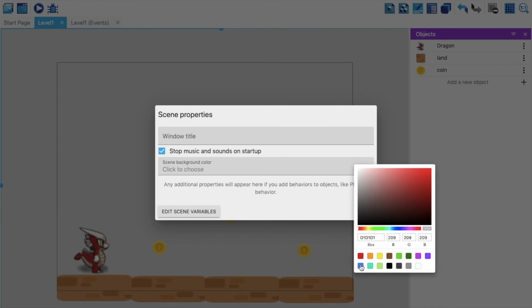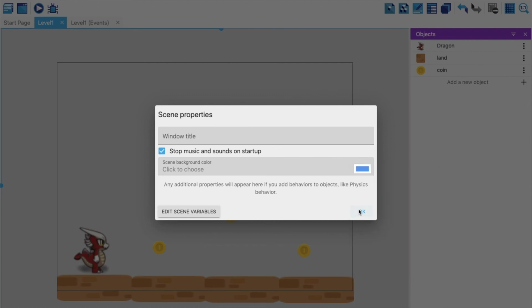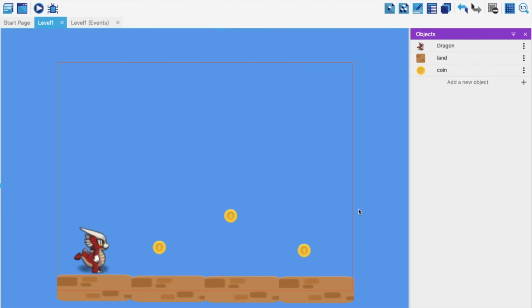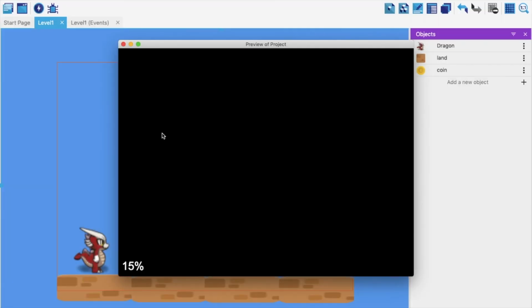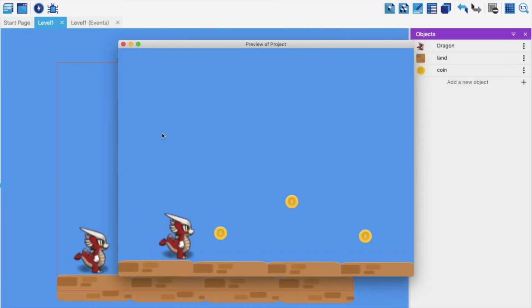Okay, so let's say I want to choose this blue color. Okay, I love blue color. That's the reason you will see most of the times I will end up adding blue color everywhere. So yeah, and then see, it looks different, right? I love it because I love blue color. And wow, yay. See, our game is working very nicely till now, whatever we have coded.